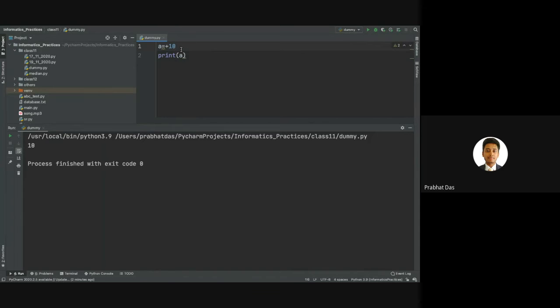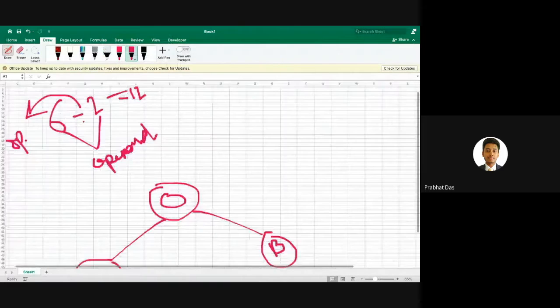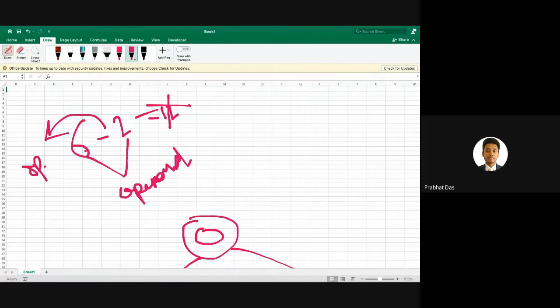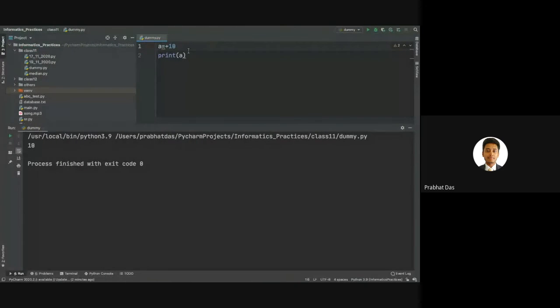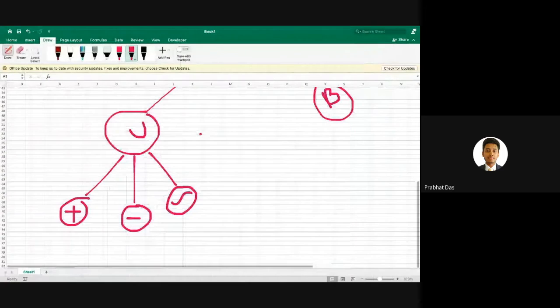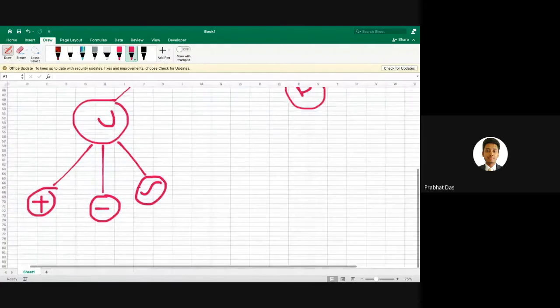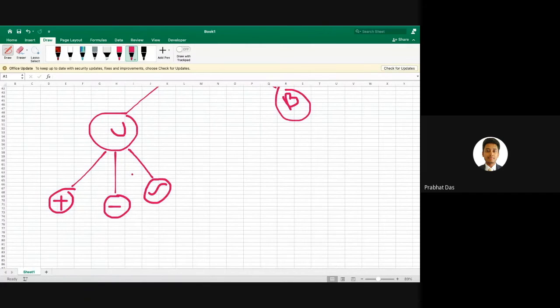In case we have multiple operands, as in the example we gave, 2 plus 2 or 6 minus 2, you can see over here we have two operands. That's why we call it a binary operator. But in case of unary, we have a single operand, that's why we call it a unary operator. So this was all about unary operators, where I have discussed unary plus, unary minus, and unary not.